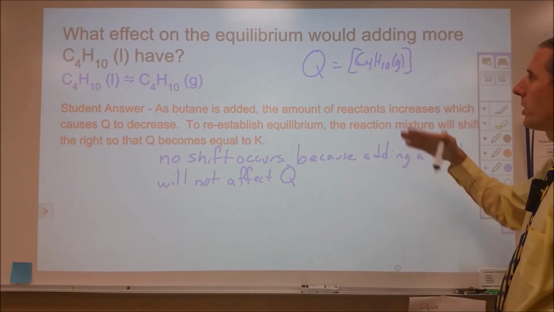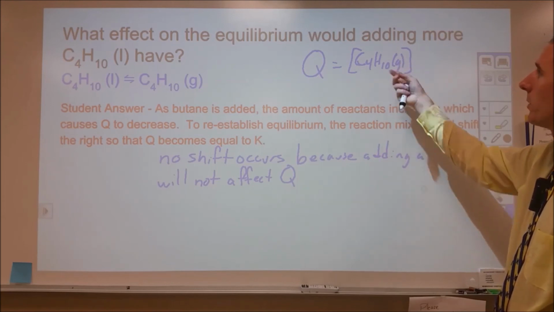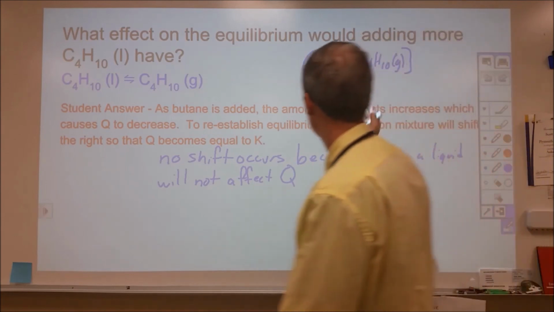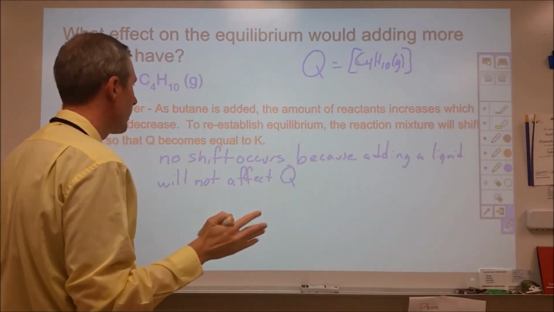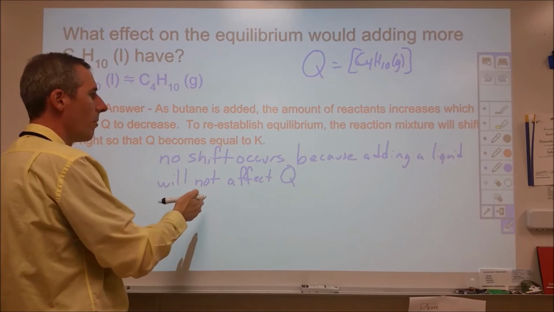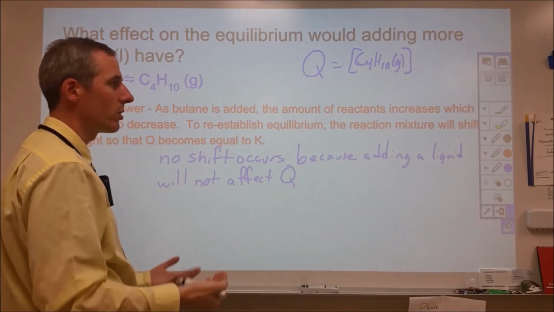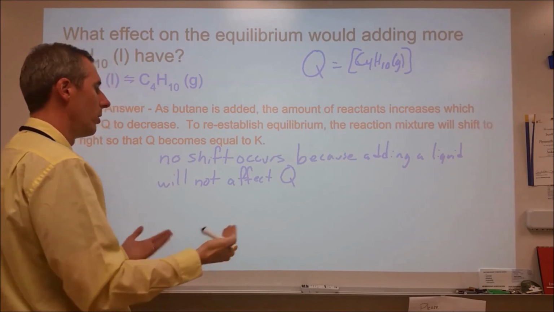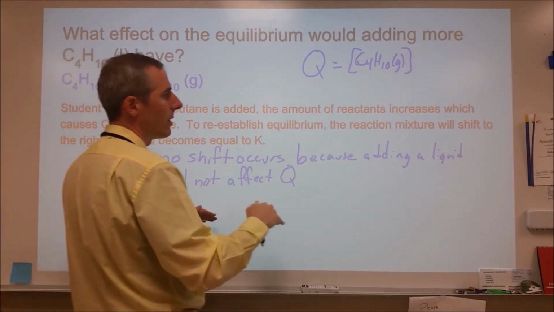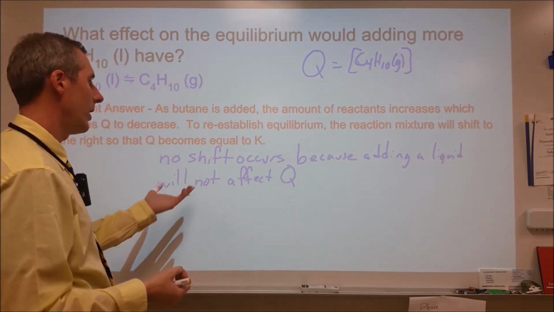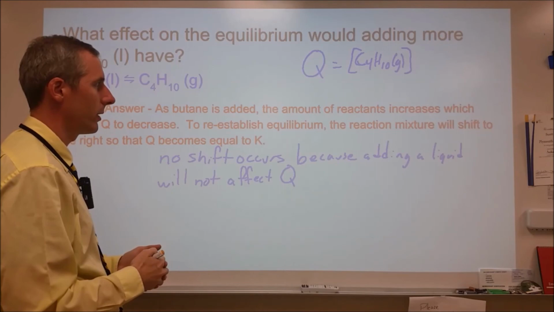Now our space available changes, so our volume changes, so there's an amount of butane gas that will turn back into the liquid, but the final pressure and the final concentration of those are not going to change because of us adding a liquid to it. And then we would want to give a brief justification of saying that liquid concentrations are still constant regardless of amount, or that we're not changing the amount of surface, and so therefore our opposing rates aren't affected by this, and that's going to be sufficient for our answer for this. Okay, a simple wrong would have done just fine, but